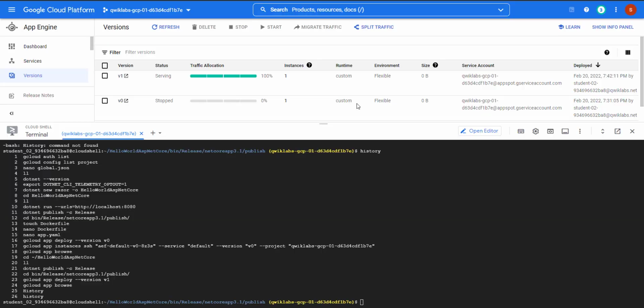Now I am going to talk about App Engine Flexible. How it works, what the advantage is, and how to deploy an application in App Engine Flexible. For example, I am going to deploy one version of the application. Then after that, I plan to deploy a new version of the application. What I am going to explain here is: I'll deploy the V1 application, then after some modification, I'll deploy another version. So let's get started.